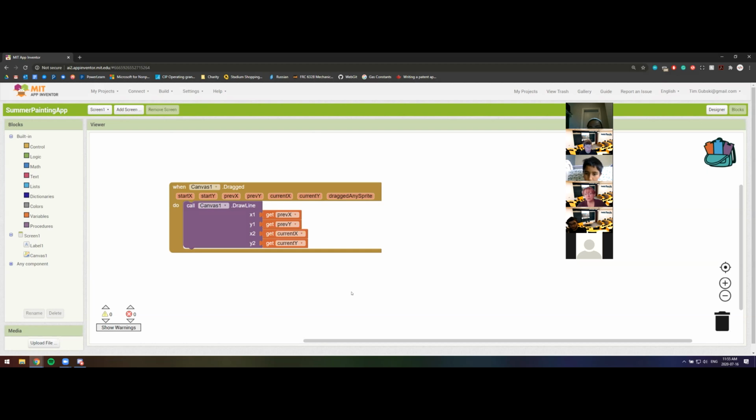Okay, so now you guys have an app now, and you will show the previous XY, whatever you touch down, and the current XY will show you where you want to go, right? So you can see in just like 10 minutes, we created an almost fairly functional drawing app. All right, so next class, we're going to add a lot of different features to this, you know, colors, width,